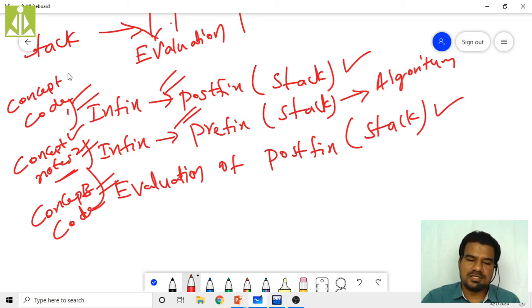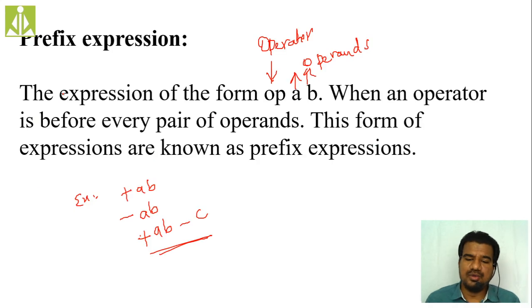Okay. So these 1, 2, 3, 4, 5, these 5 things you have to mug up, I will say. If you are feeling any kind of difficulty in understanding, simply mug up. Because the algorithm is a step-by-step process. You have to remember that process, how we are performing it. And for understanding of code, I will give you some hints so that you will remember that code very easily. Okay, so quickly we go and we do that thing.